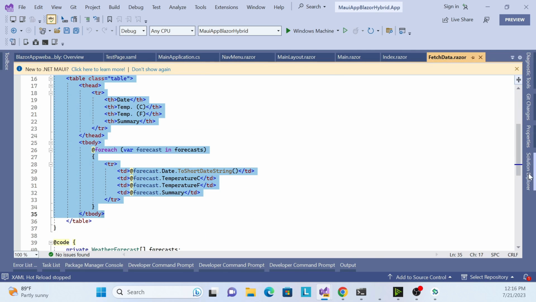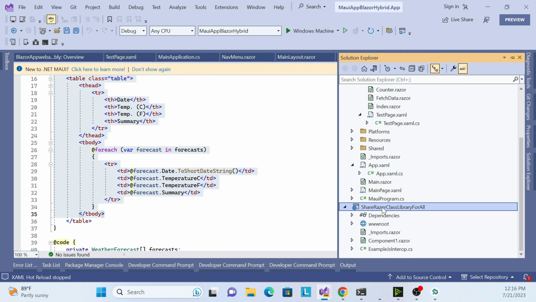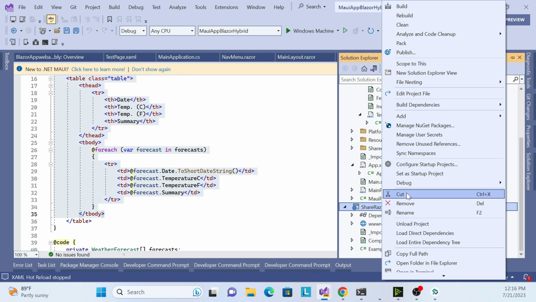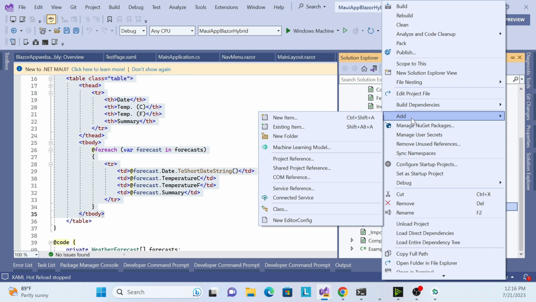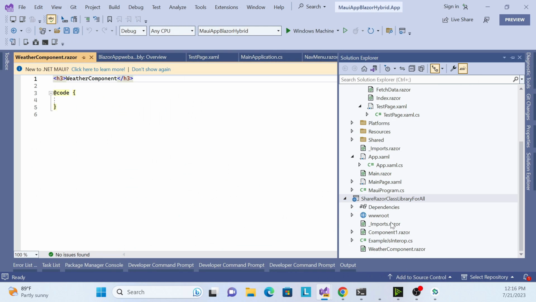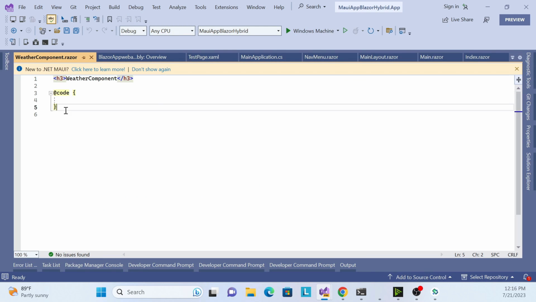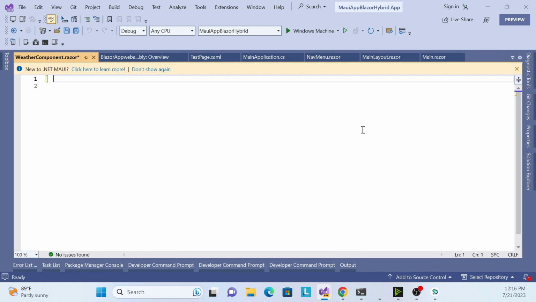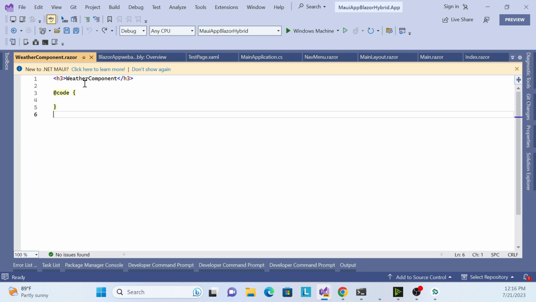Let me create a new component. Okay, in the shared library add a Razor component and call it weather component, and just add that. Okay, this is empty as of now, so remove that content or keep it to just weather. Okay, and